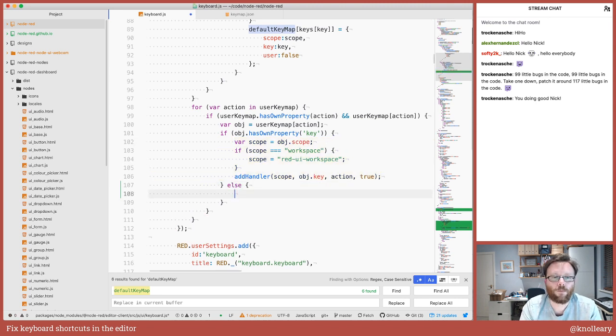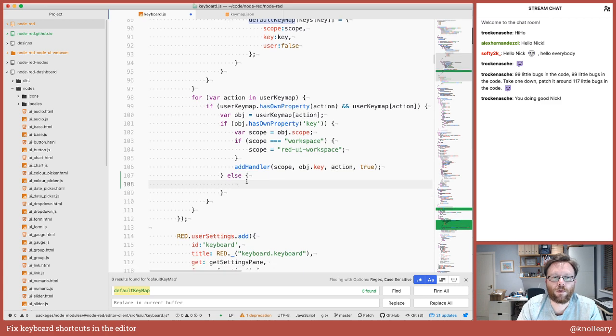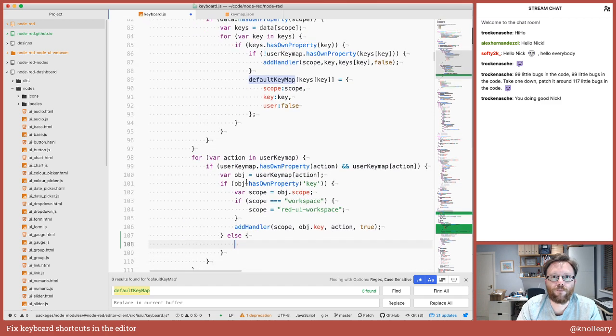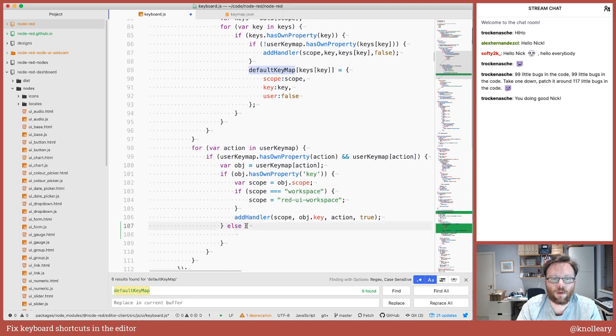What we need to do is have an else statement here, and we are going to say else, because at this point what do we want to do? We're not calling add handler because